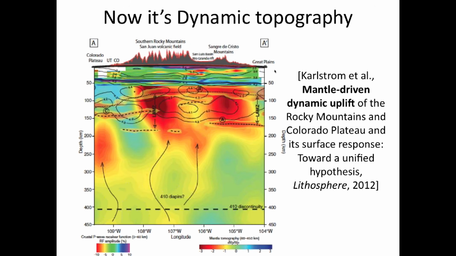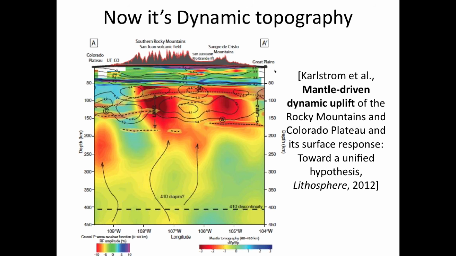Warn you in advance. So we have a paper published just a couple of years ago, Mantle-Driven Dynamic Uplift of the Rocky Mountains and Colorado Plateau. And here's a plot. The crust is shown on top with the blue line marking the Moho. It's not meant to mark the Moho, but that's where it is. No variation in crustal thickness. The reds, the warm colors, are showing low wave speeds, presumably because the region is hot. The colors, as I recall, are P-wave speeds. The contours are S-wave speeds. The lowest S-wave speed in here is in the middle.